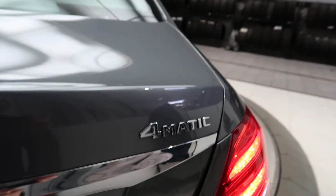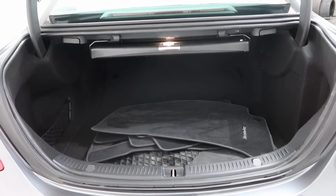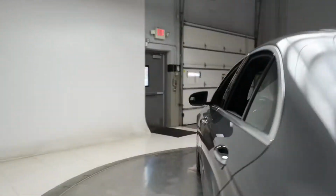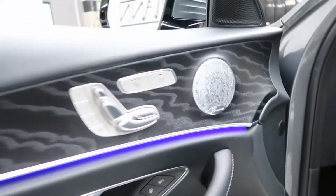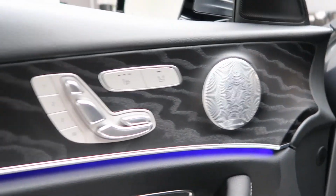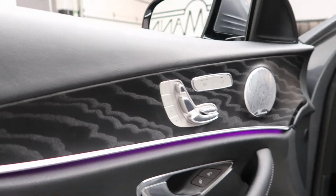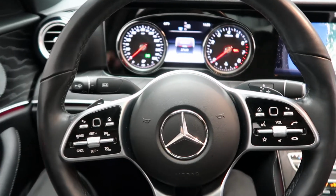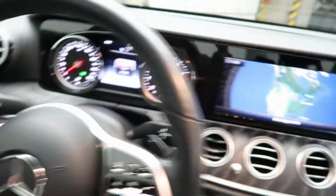E300 4MATIC badging, power liftgate, set of all-season and regular floor mats, comfort box for extra storage, Premium One package with blind spot assist, ambient lighting, Burmeister sound system, a black ash wood trim, heated seats, memory seats, heated steering wheel, touchpad steering wheel controls, smartphone integration with Android Auto and Apple CarPlay, paddle shifters for extra performance, a push